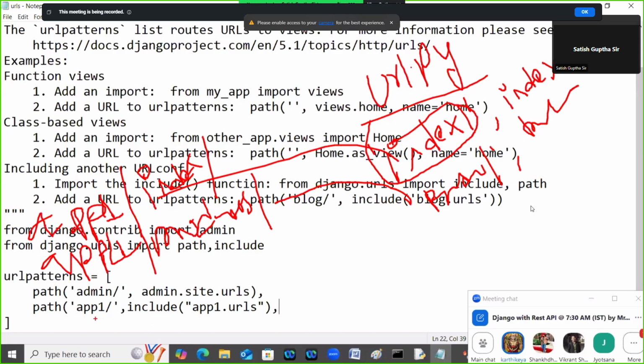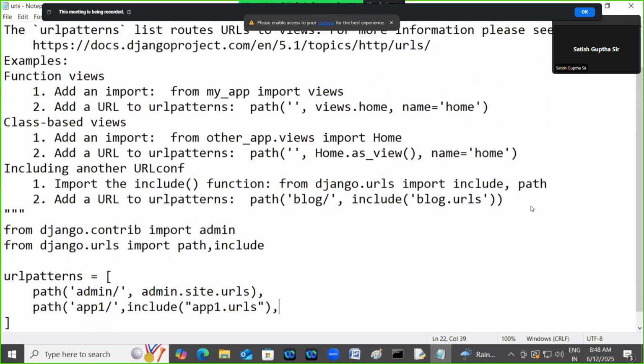Understood? So this is a URL pattern. To access the URLs defined at which level? Application level. This is a URL pattern. To access the URLs defined at which level? Application level. Understood? Yes or no? Okay. Then next is,